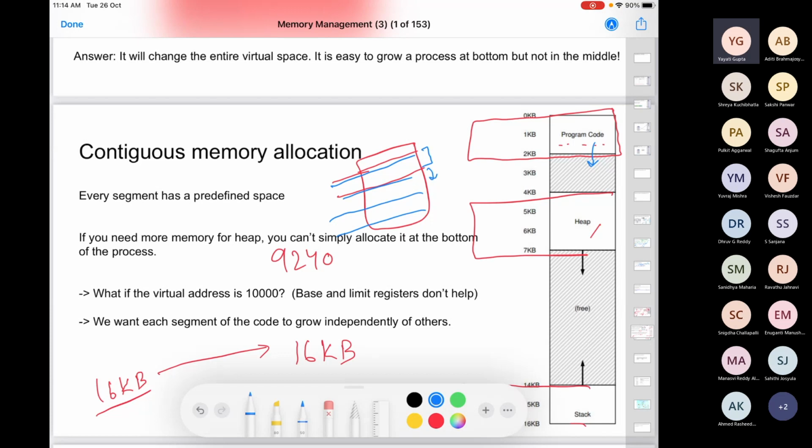So the idea is to again partition your process just like we were doing in paging, but now we are not partitioning it into fixed size chunks. So in paging, let's say your page size was 3 KB. You'll partition it somewhere here, then somewhere here, somewhere here. The idea is to partition it based on segments. So program code is one segment, heap is one segment, stack is one segment, and give a separate address in the physical memory to each of these segments. Later on, whenever any segment wants to grow, we can grow it at the bottom, just like we were doing with the processes before.